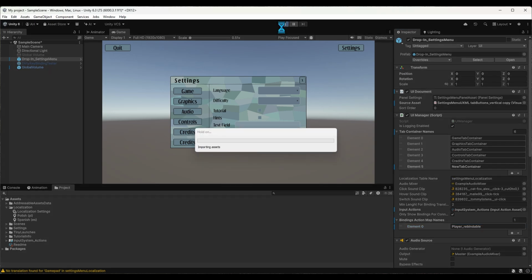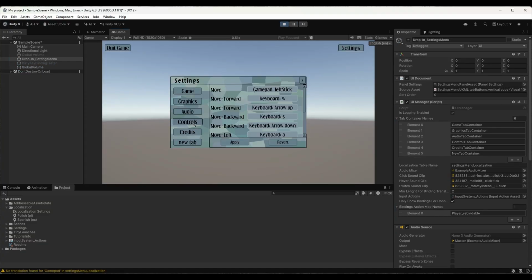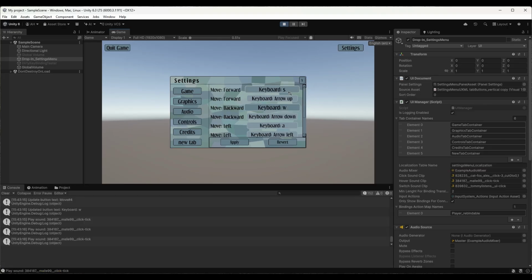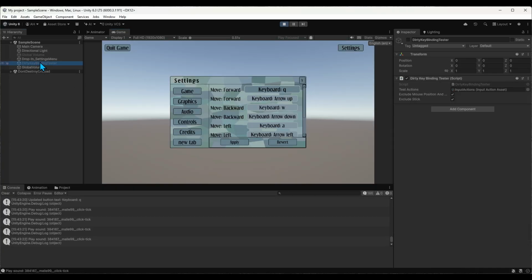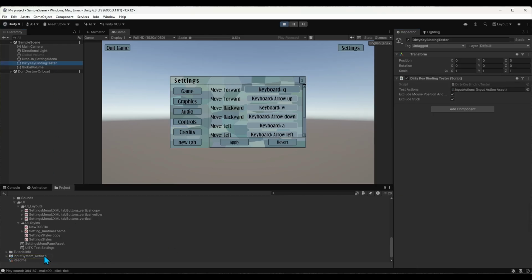And start it. And we go to the controls. We have just move and sprint. Let's bind this to Q and check it out with the dirty key binding tester. So activate the asset. You have to check if this is the right input action asset. So we have to put the right one in. Go to the project, check that we have the right asset, and we'll put it into the key binding